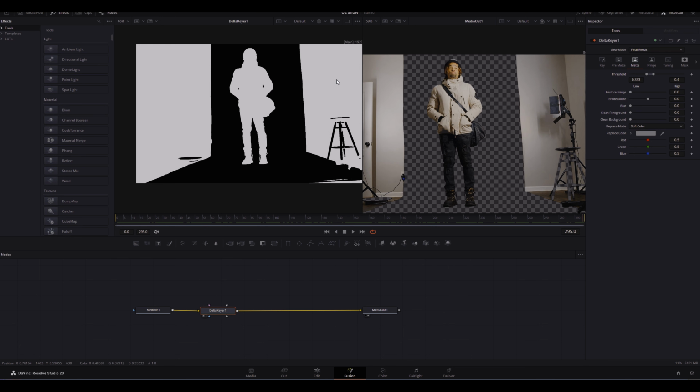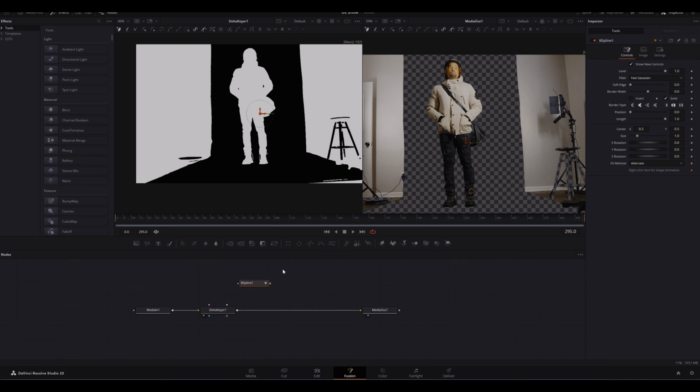Now, let's get to the part where we talked about removing everything on the outside, and that's called a garbage mat, a garbage mask, right? So if you come in here into mask, your garbage mat right here is what we want to activate, but we can't activate it because we have not created a mask. And the way that we do that is we come up here and we grab a B spline. And with this B spline, we'll be able to create a mask